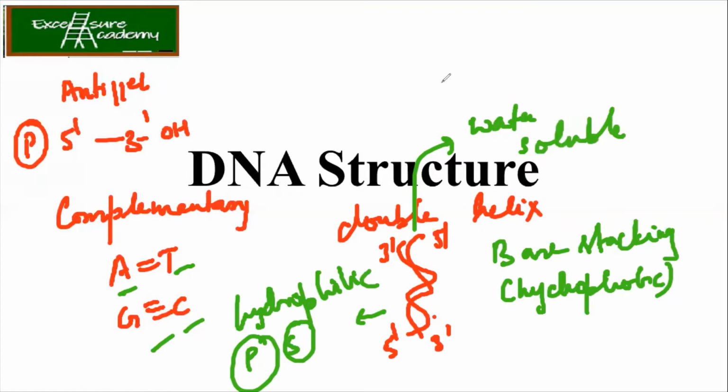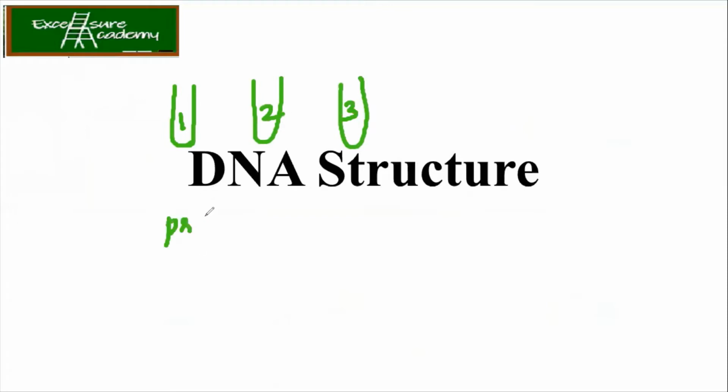There's one more thing. Suppose you're going for an interview, and sitting on the interview panel, I'm asking you a question: you have got 3 test tubes, and in each test tube, one is having protein, one is having DNA, and one is having RNA. Now without doing any biochemical test or without using any biophysical instruments, can you tell me which test tube is having protein, DNA, and RNA?